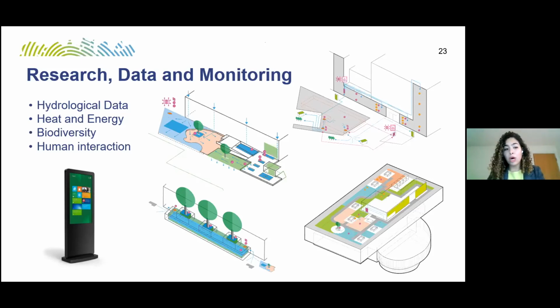So we do have monitors regarding water flow, water levels. We have soil moisture sensors. We have heat flux plates, and making sure that we measure the heat for inside and outside the building envelope. So we have that for the green roof and the green wall. We do measure the biodiversity, and last but not least, the human interaction. So the effect of having more green infrastructure on campus, on the campus users and the students.